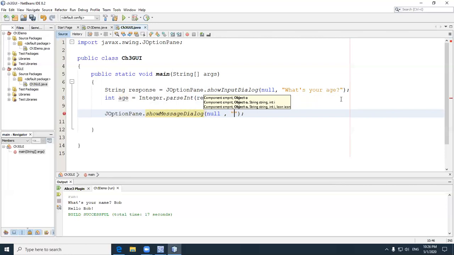I think I'm going to do it pretty much. Oh, no, I'm going to say "You are," concatenated with age, concatenated with, a lot of people forget that space after the double quotes, "years old." Okay, so when I run this,